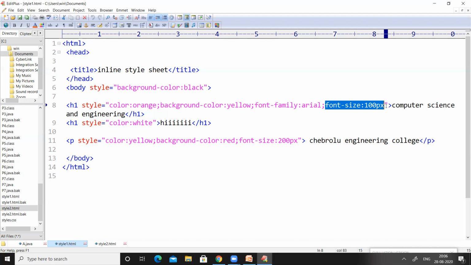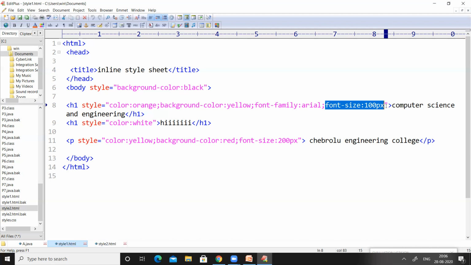So this is how we can apply styles to a single line, right? We are going to use the style attribute during the declaration, that is the starting tag, of the element. So now the style will be applied only to that particular element. It will not be applied to any other elements, right?